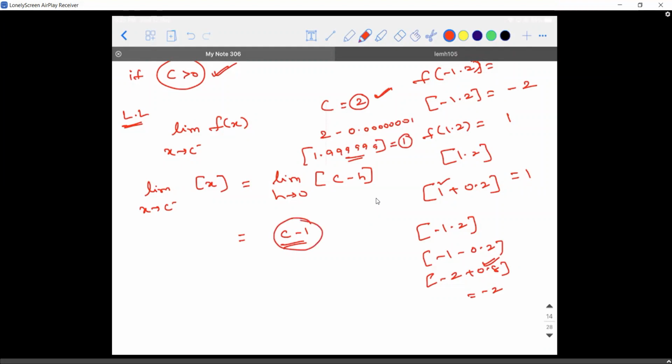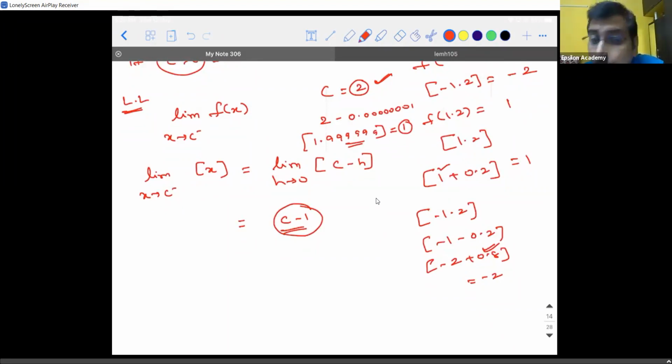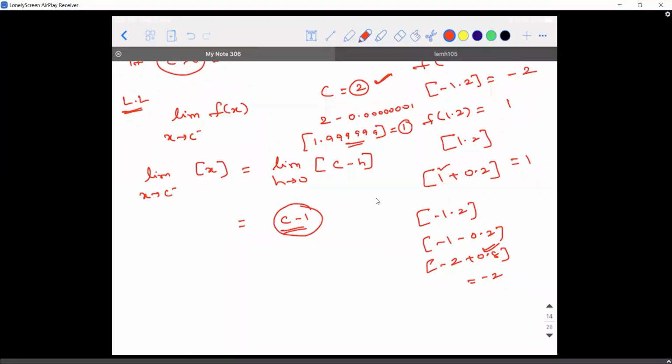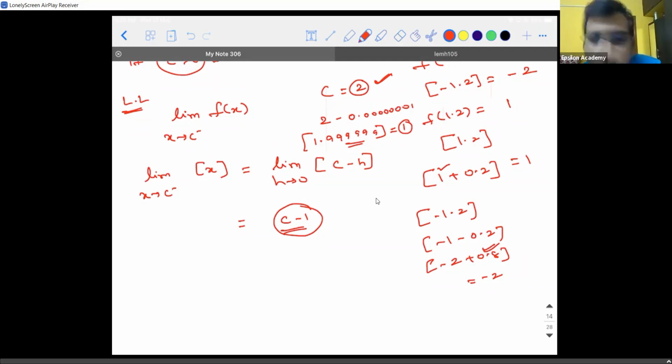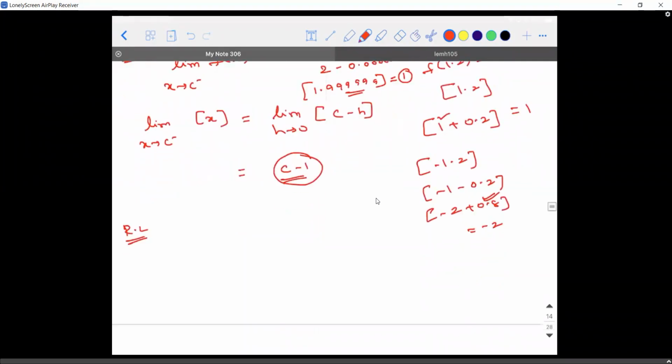Correct? So I have a doubt. Tell me. But here we're taking h to be exactly 0, right? No. h tending to 0. I told you already, limit means tending. Forget this in your life: calculus is always an approximate value. If h is equal to 0, you'll get the function value. c minus h means it is tending towards c from the left hand side. That is the meaning. Understood.